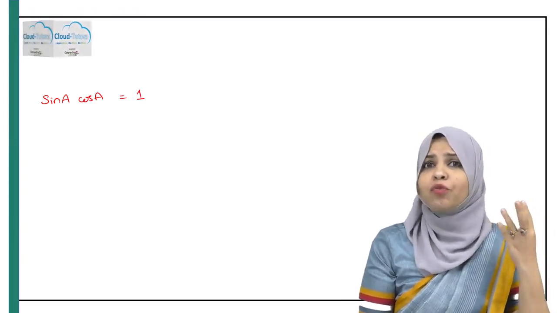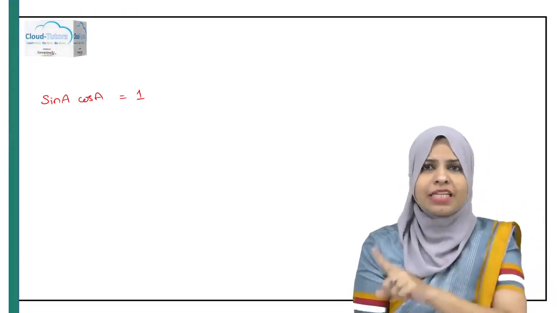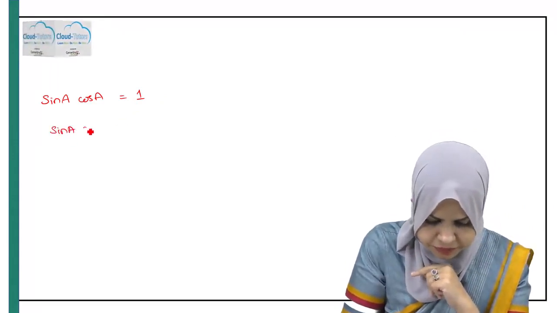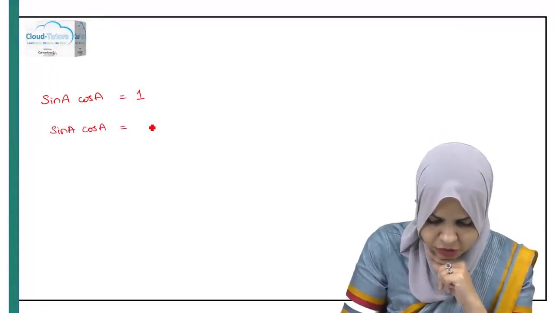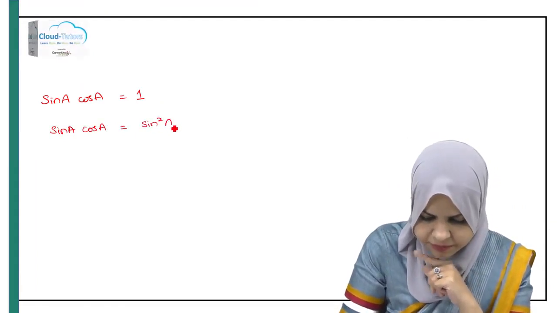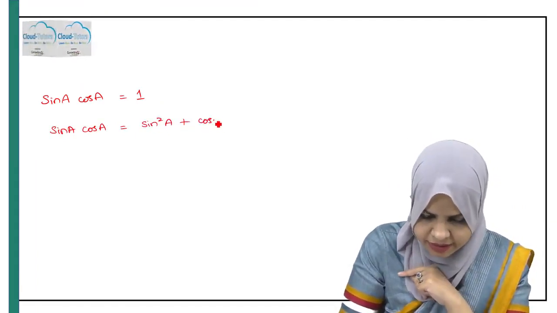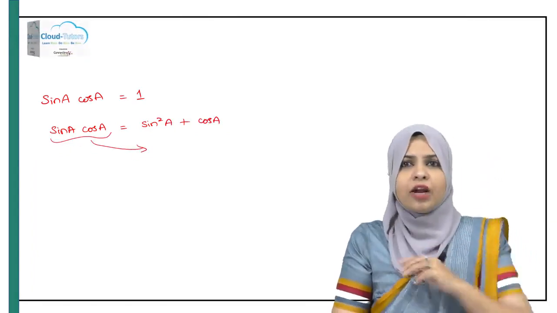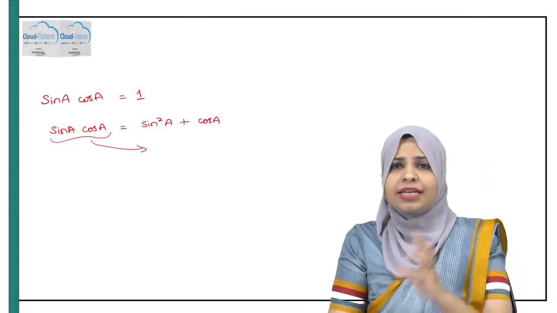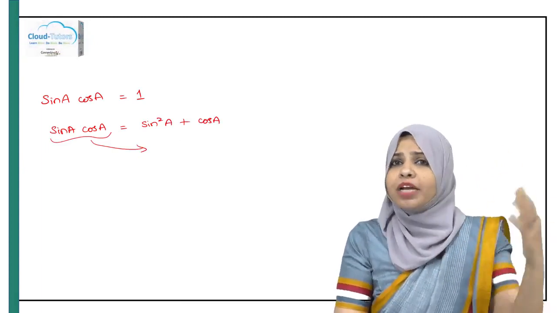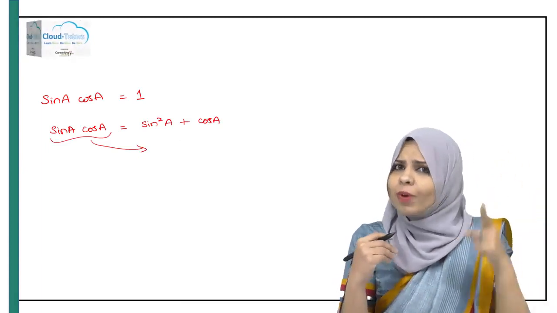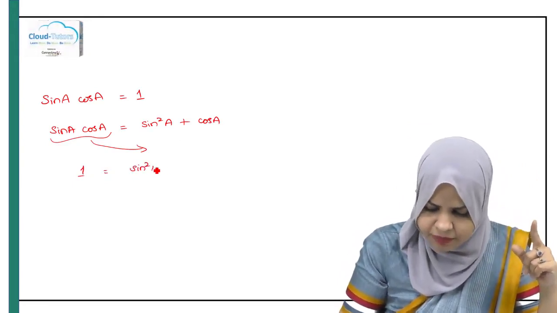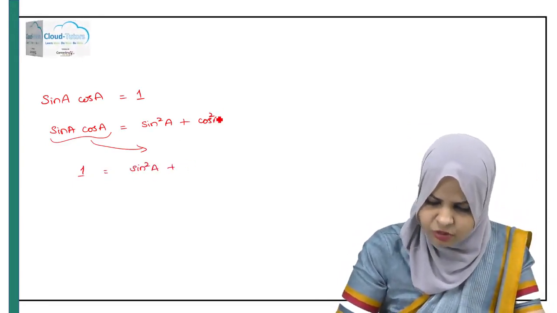So instead of 1, I will write sin²A + cos²A. So sin A cos A is equal to sin²A + cos²A. Now what I will do, I will transpose this to the other side. When I transpose this to the other side, this means sin A cos A. What remains on my LHS? It is 1. So 1 is equal to sin²A + cos²A